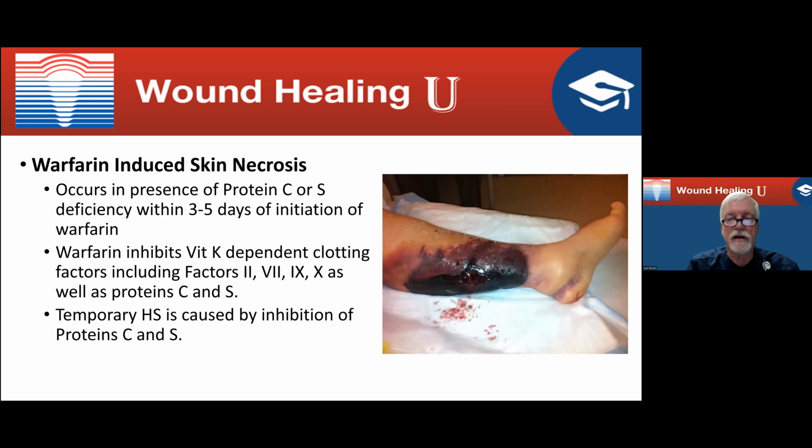And now just a couple of oddballs, and then we'll close out. I know that Taichi mentioned warfarin-induced skin necrosis. This is a really unusual phenomenon. However, it occurs in the presence of protein C and/or S deficiency within 3 to 5 days of initiation of warfarin therapy. So this is not a condition that you see after somebody's been on warfarin for 2 or